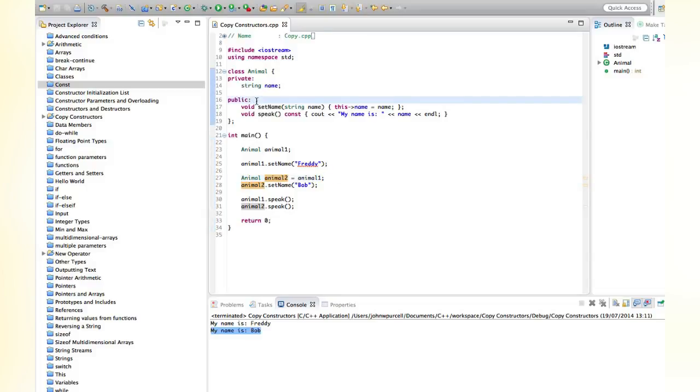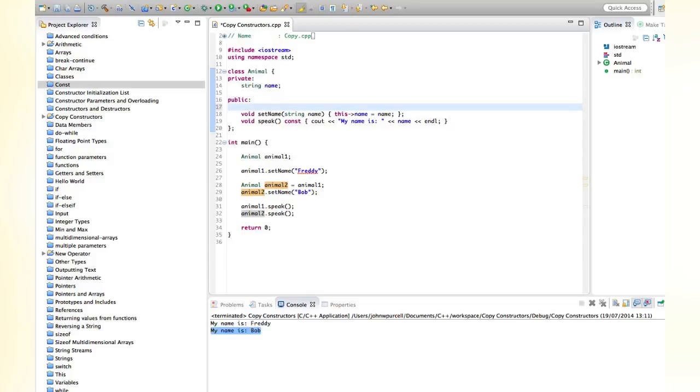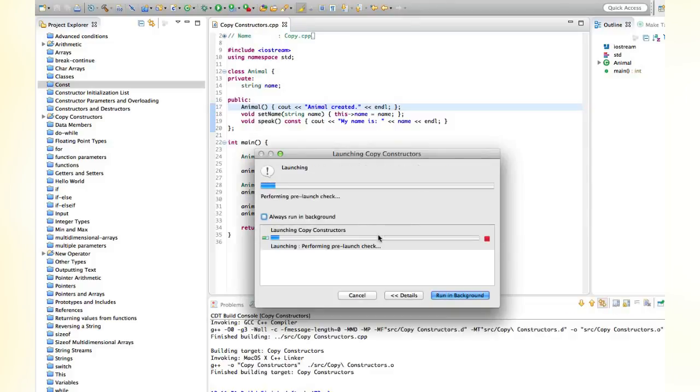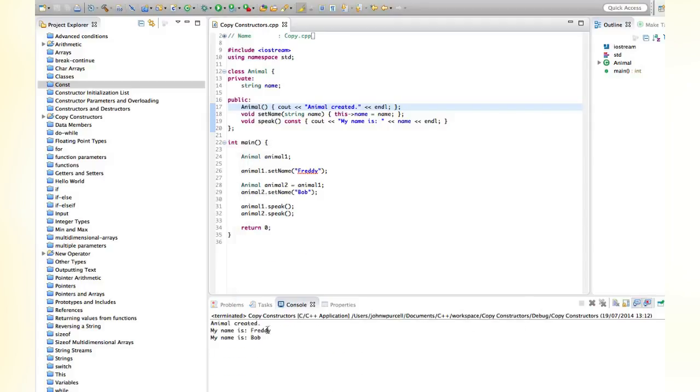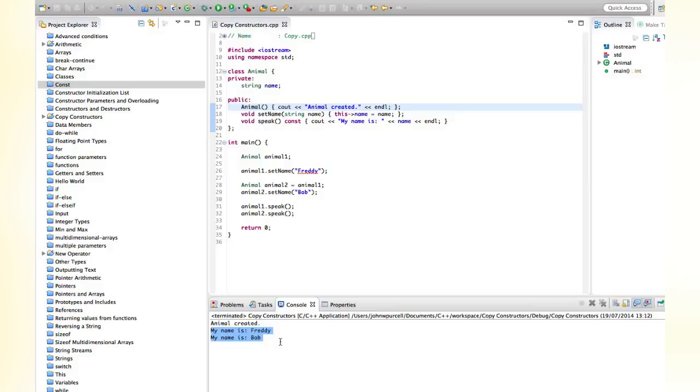Let's add a constructor here to shed a bit more light on what's actually going on here in detail. So if I add a constructor, let's call it Animal, and let's implement it inline here just so we can easily see it. I'm going to put in here just a cout "animal created". So if we run this, then we get one animal created,